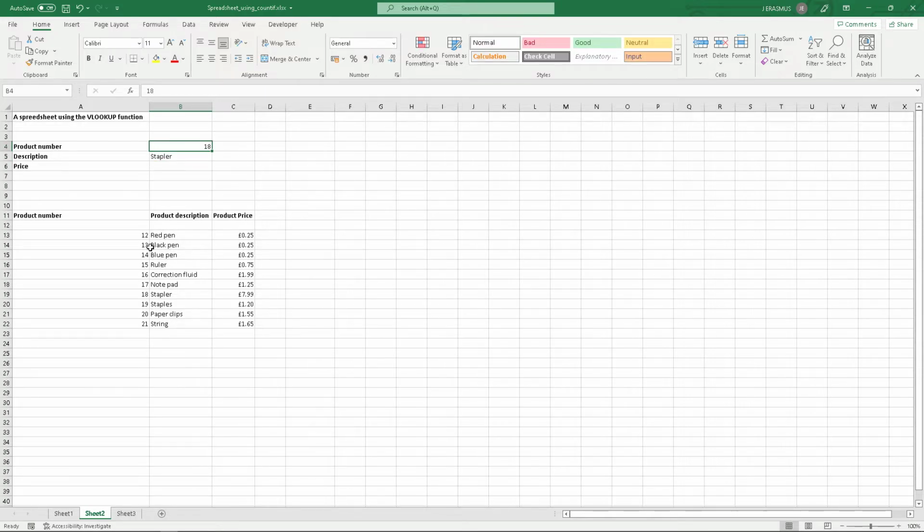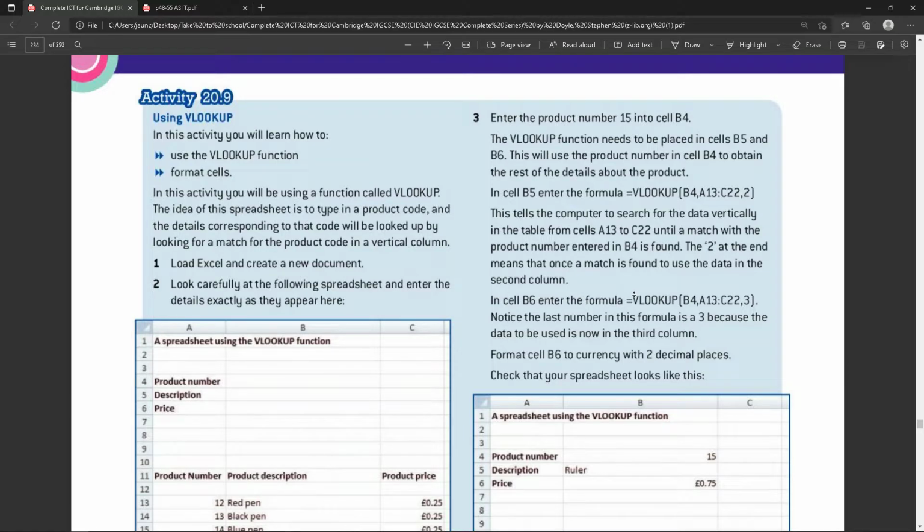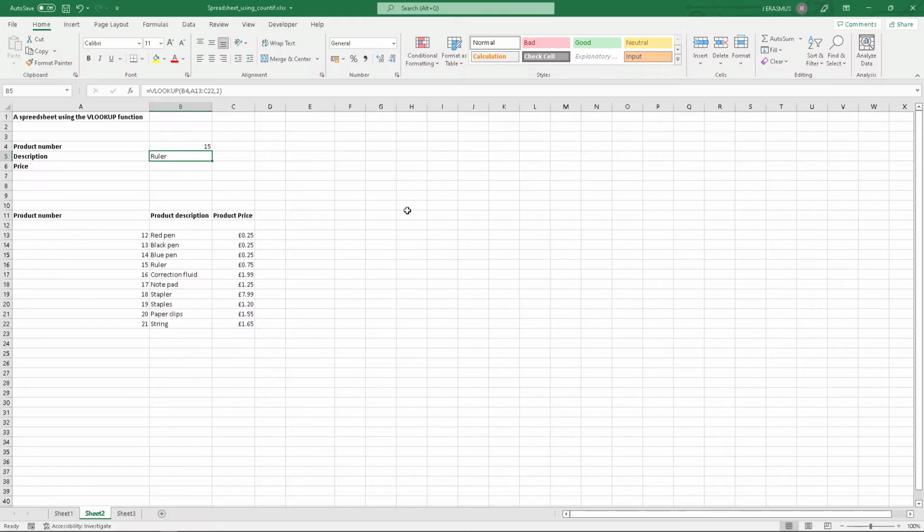If I type in 13, it should give me black pen. So you see how that works. It's really cool. But yeah, we type in 15 and we have the ruler. And next we need to put in cell B6, we need to find the price. So if you want to, you can copy this down, but